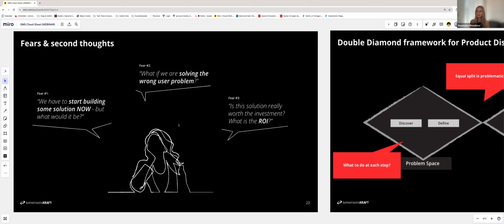But we sometimes do this, and sometimes we just don't have the real problem that we're solving, or we are not sure if that's exactly the deep problem that is correctly identified. So if you feel like you're unsure about the user problem, that's definitely a big sign for you to start